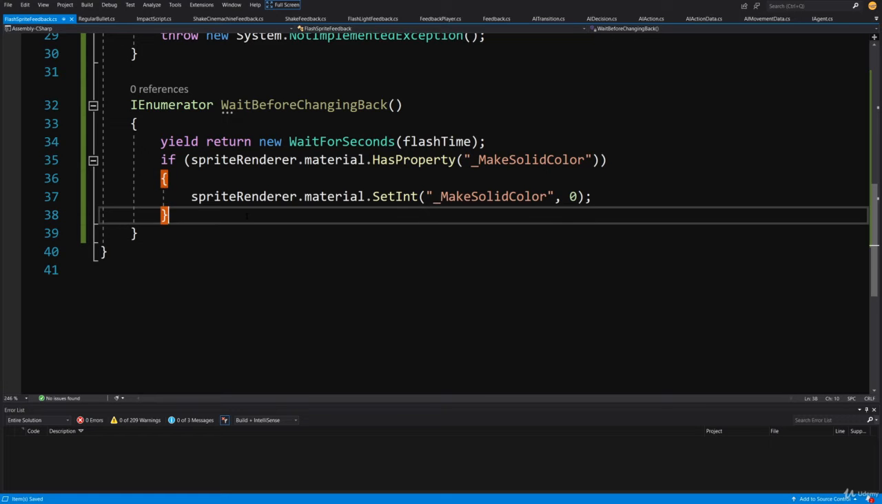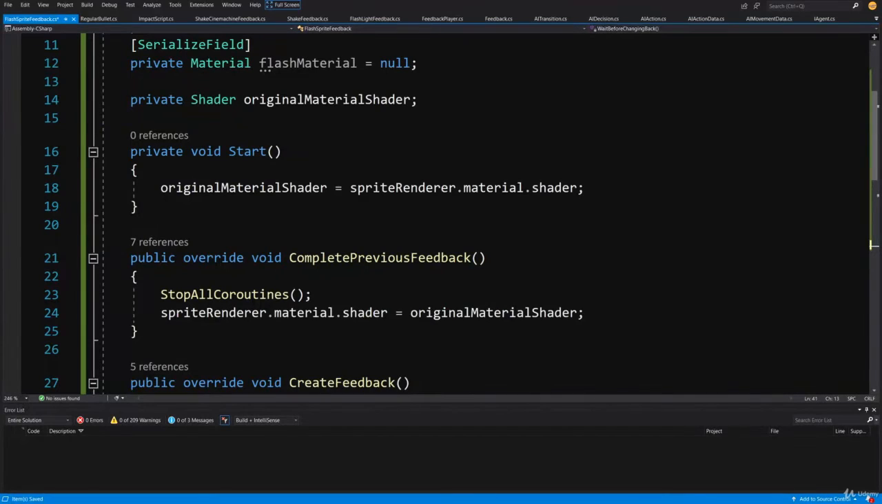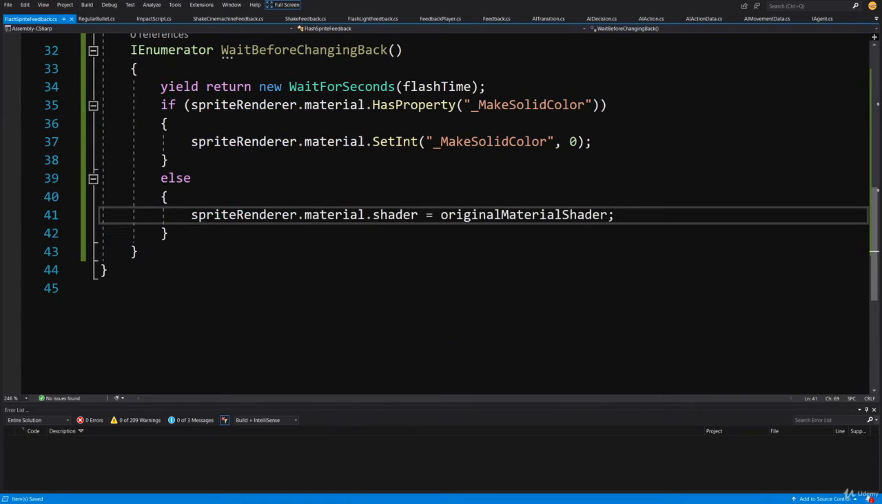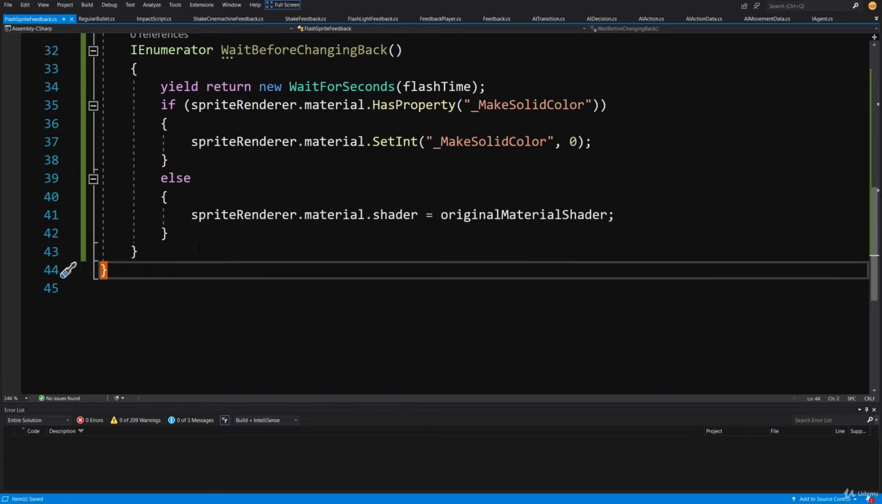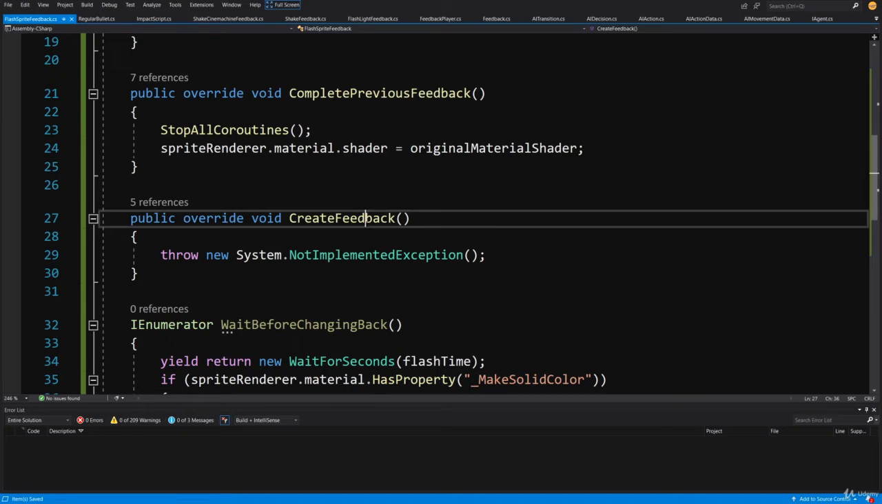Else, so in case we do not have this, we can again copy the same code from the original materials, from the complete previous feedback. Although I don't believe we will ever reach this else statement, but just in case we can leave it like this. So now let's copy this if statement and let's slide up to the create feedback,